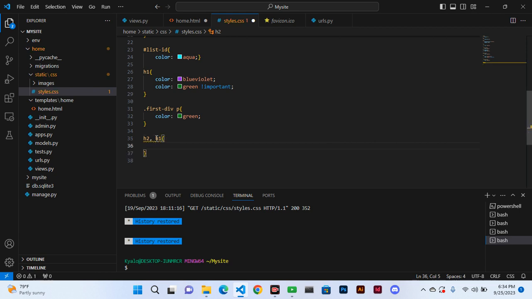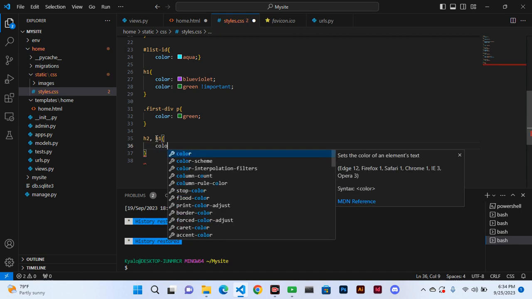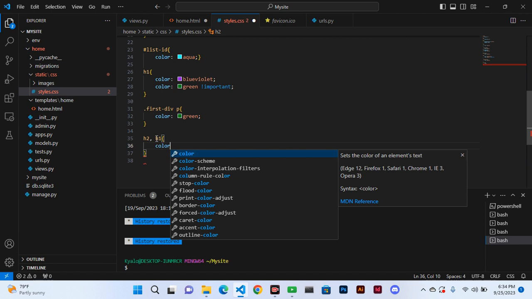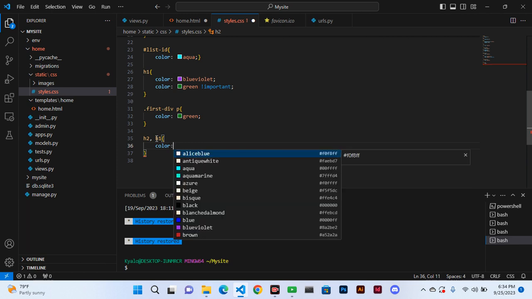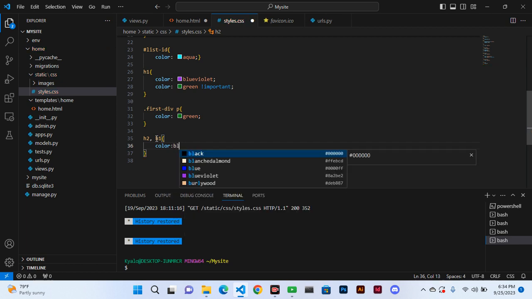For example, H1 and H2, we want them to have a color, let's say green. Color, let's say blue. Let's give it blue color,